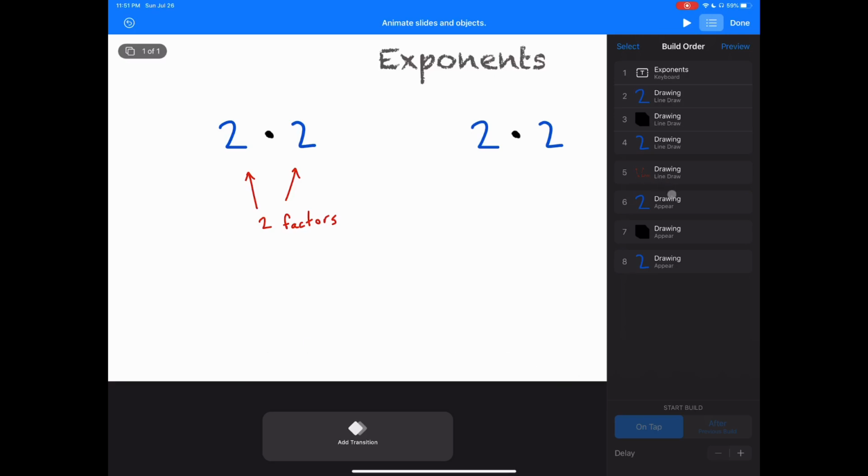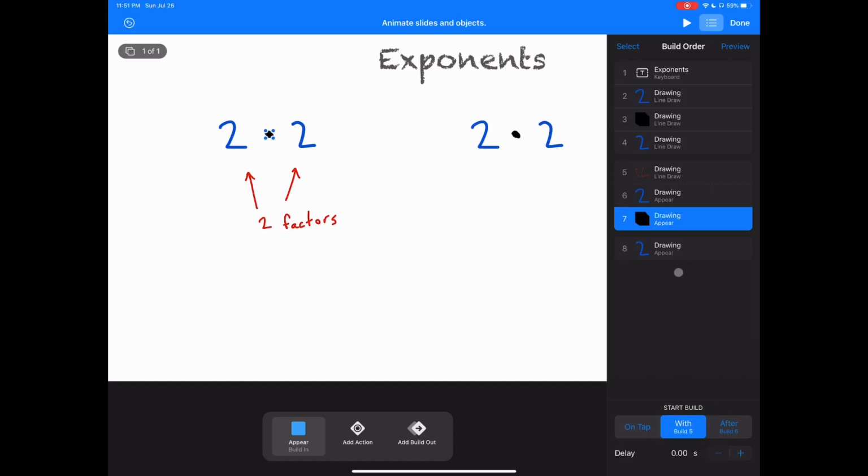But you'll see I have 3 new animations here of appear, and I'm going to have them all happen at the same time that this red drawing, this red line draw is happening. So we don't even notice when it's happening. I'm going to say this is happening with the line draw above, and that is happening with the same build 5, and this is happening with the same build 5. And so they're all just going to happen. They're all going to show up without anyone even really noticing that they're there. But it is important that they're there because on the next time,